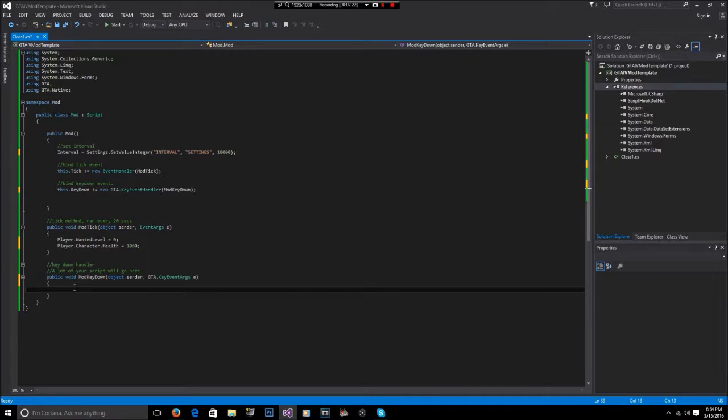let's say you want to do a key press. Let's say you want something to happen when you press a specific key. So how we're actually going to do that, we're going to go if, nope, don't type that, if keys dot, and then all these keys will pop up here showing you different keys you can choose. Most GTA mods typically go with the F keys. So if you want to go with, say, F6, and then you're going to go equal e.Key, and that's going